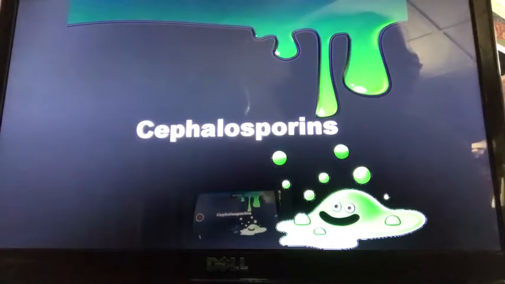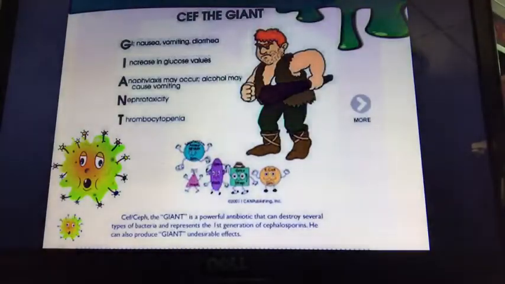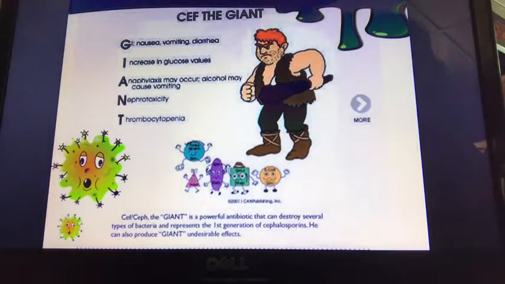So cephalosporins. The one cephalosporin that we are going to focus on, and we're just learning generalized to specific here, is Ancef, and it treats life-threatening infections, or it could prevent infection for certain types of surgeries. The side effects of